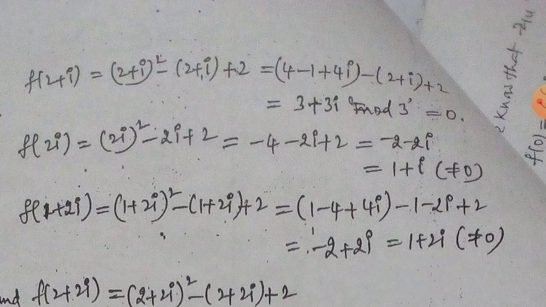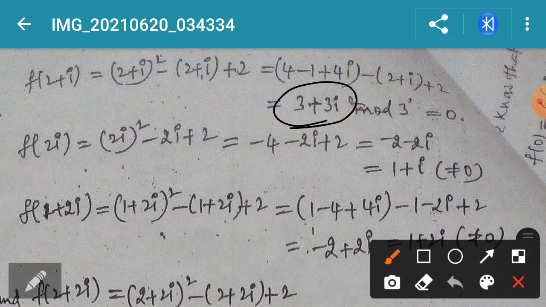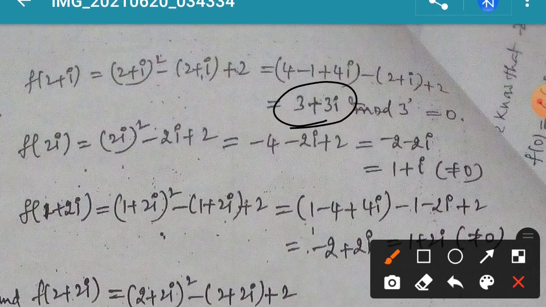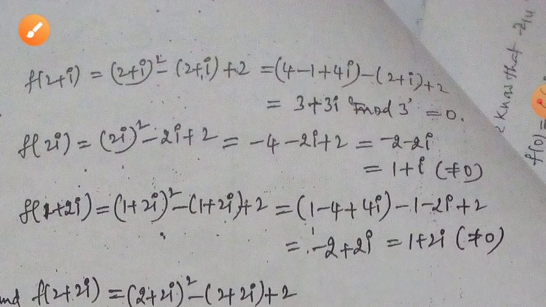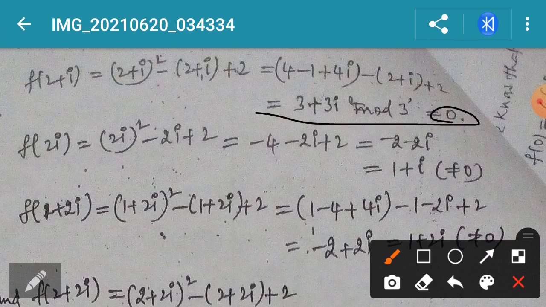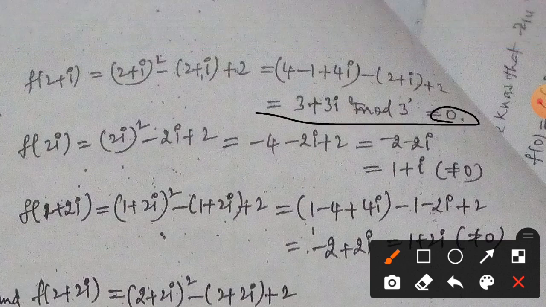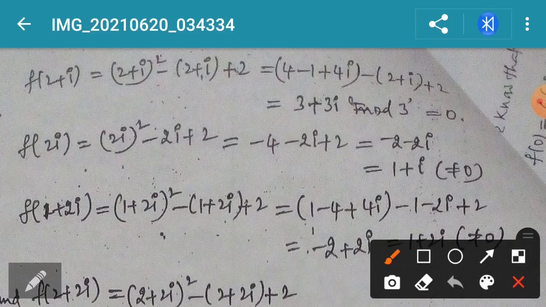There is no 3 plus 3i element. The 3 plus 3i element is not in there, so we apply modulo. Our modulo is in what? 3. 3 plus 3i, we apply modulo 3, we will get 0. It becomes 0. So that is 0. Our solution is 2 plus i, it is our solution.